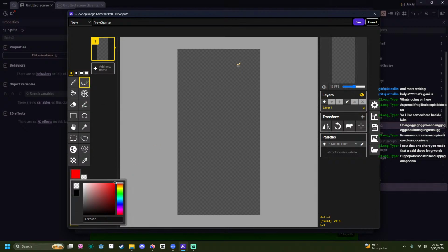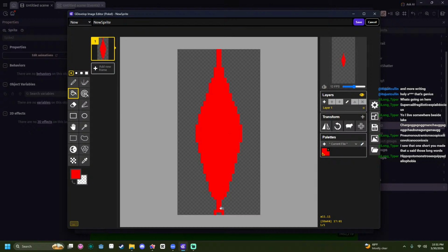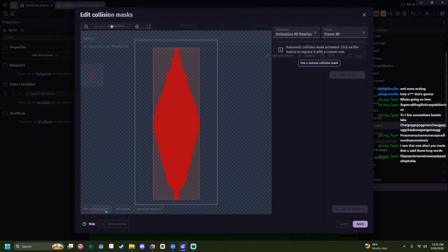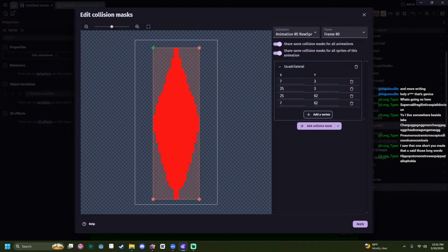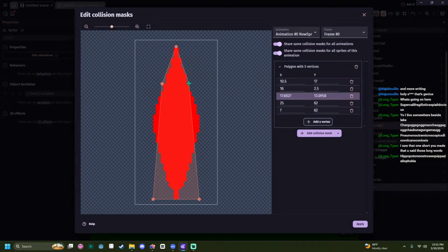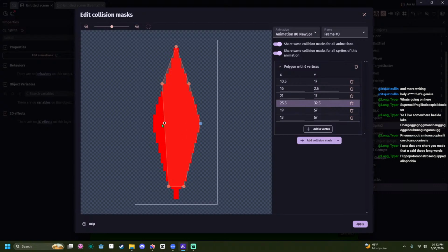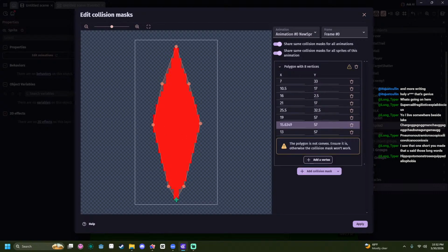Do the mirror tool red, and then something like this. There we go.